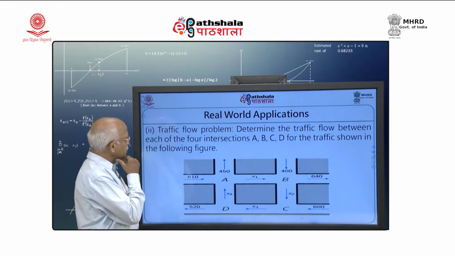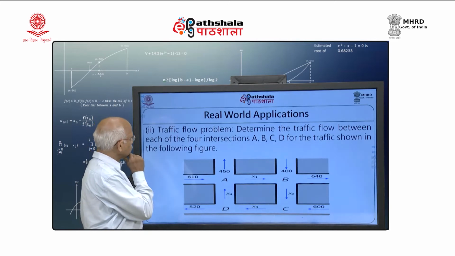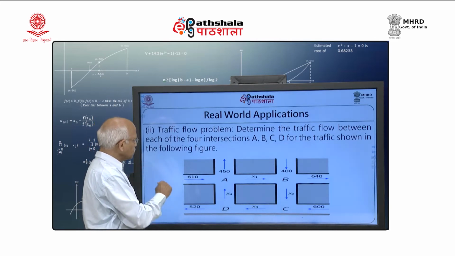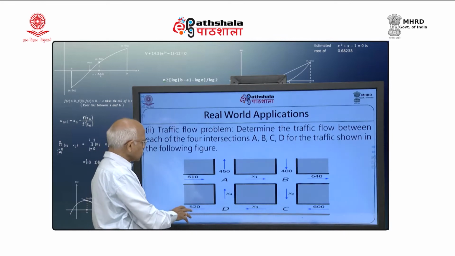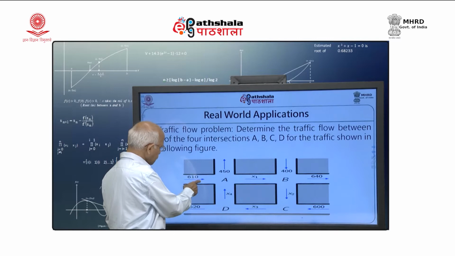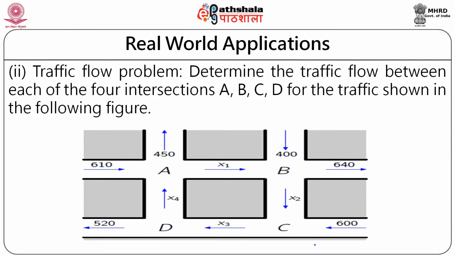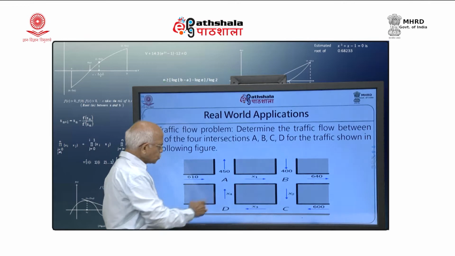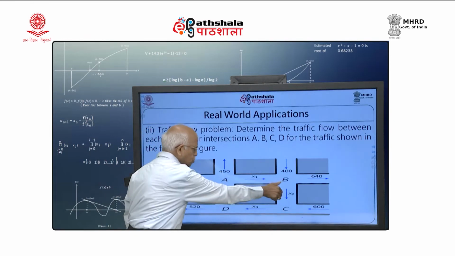This is the third illustration of a real-world problem, and we want to find out the traffic flows. Here you are seeing that there is various traffic. Here incoming traffic is 610, here outgoing traffic I know, here incoming traffic I know, here outgoing traffic I know. But I want to know what will be the traffic on this road, on this road, on this road and